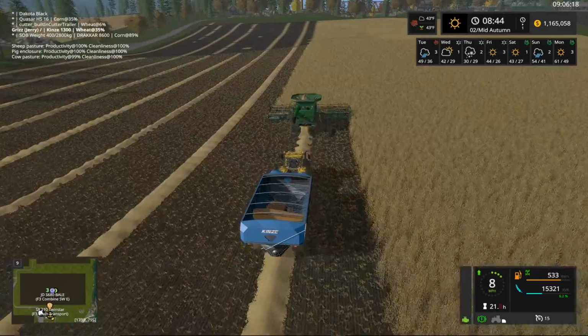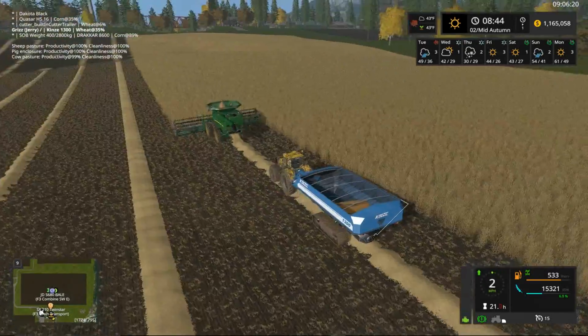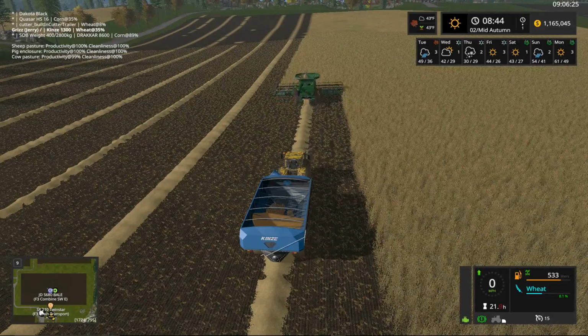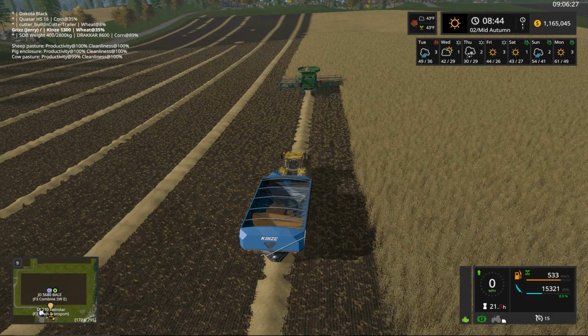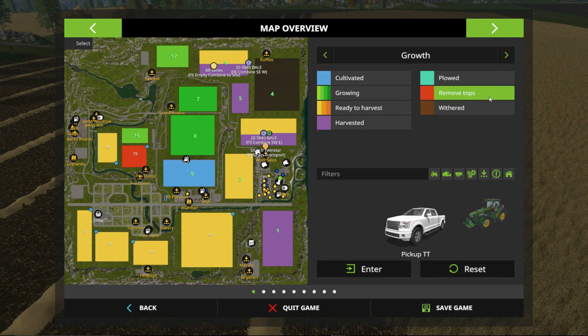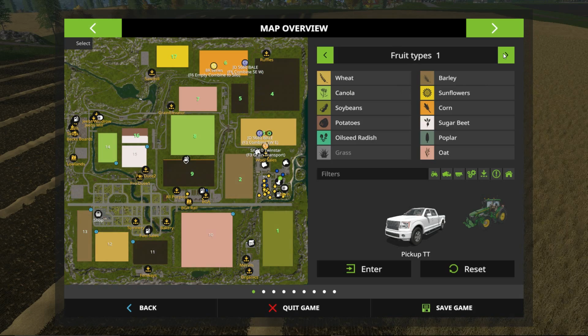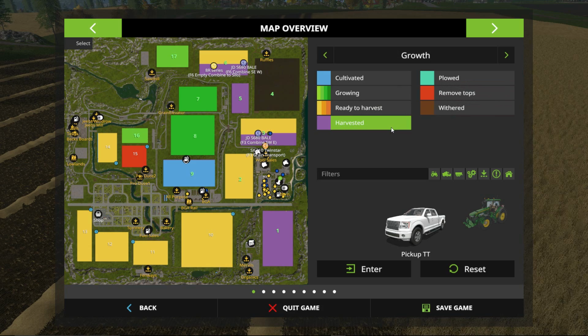So we're making pretty good progress on this field. We're probably about halfway through, by my calculations, on the harvest here of this wheat. And let's just take a glance here into our fields. So yeah, we've basically got one more field that we need to harvest, and so we will obviously get on that just as quickly as possible, and then just hope for the best when the game day changes, because